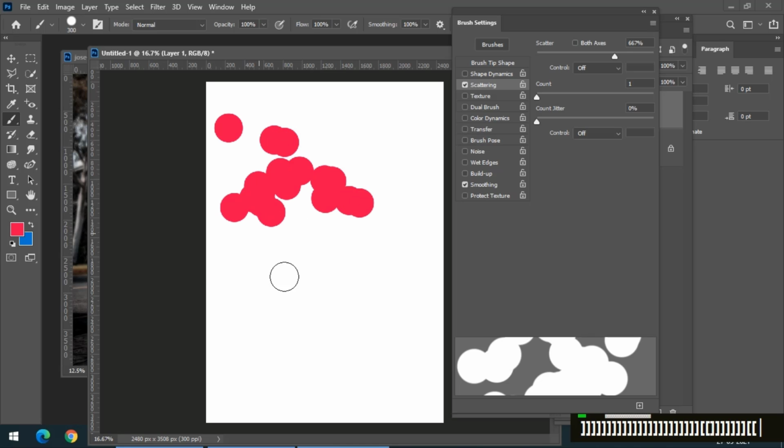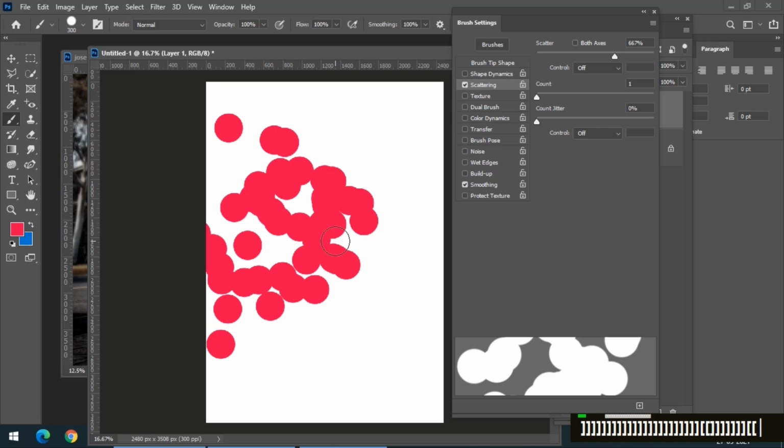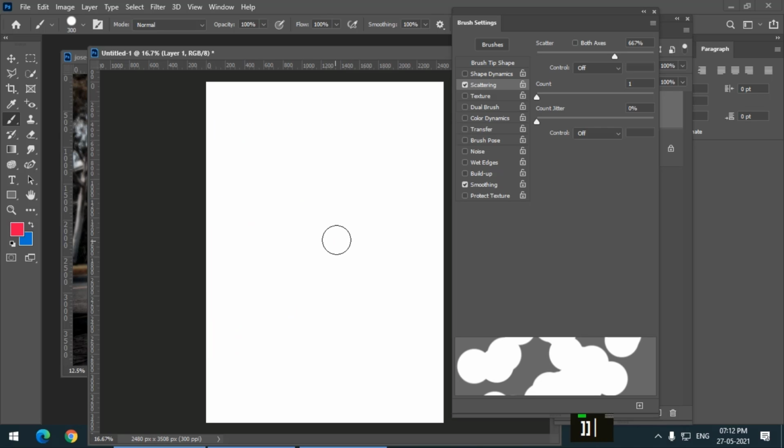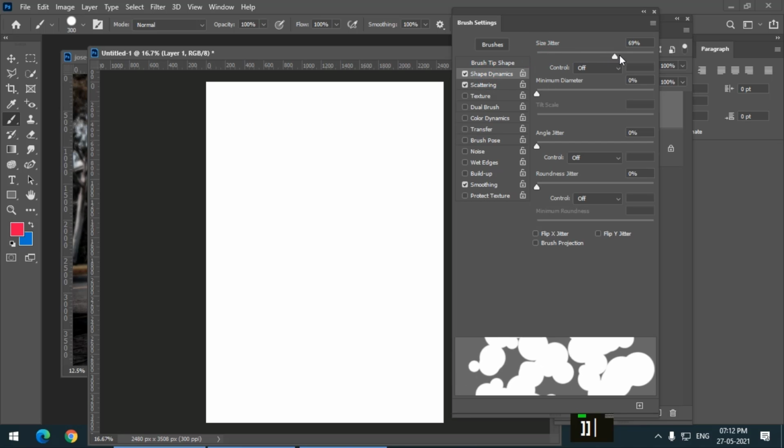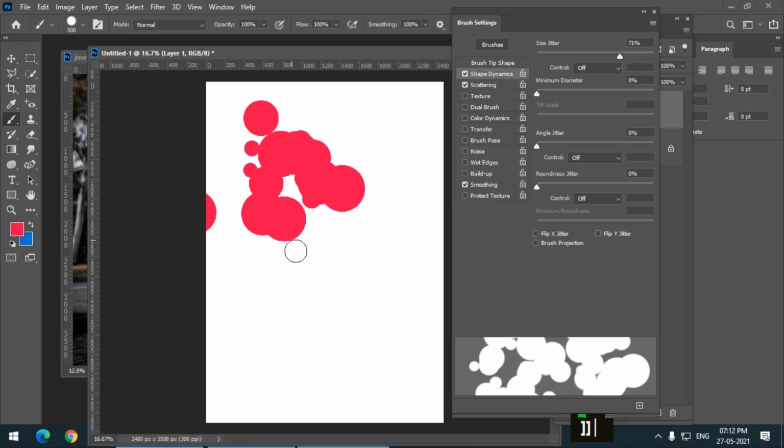But as we can see, all the brushes are similar in size. What if we want to change the brush size? We can simply go to shape dynamics and change the variation in brush size. We can see there are smaller brushes and bigger brushes, so there is a variation. They are not constant.